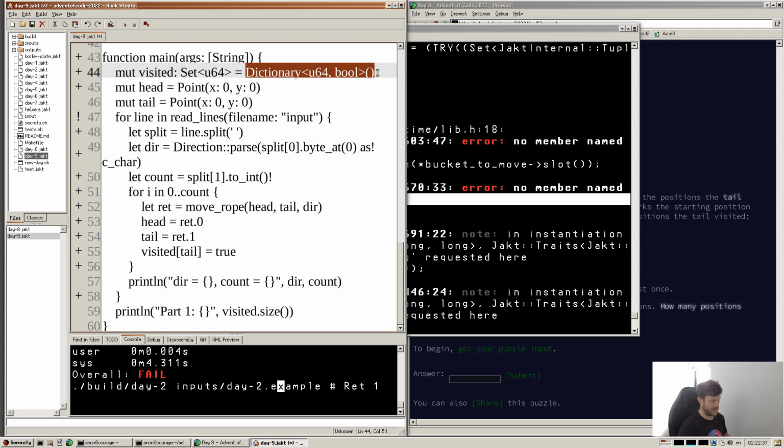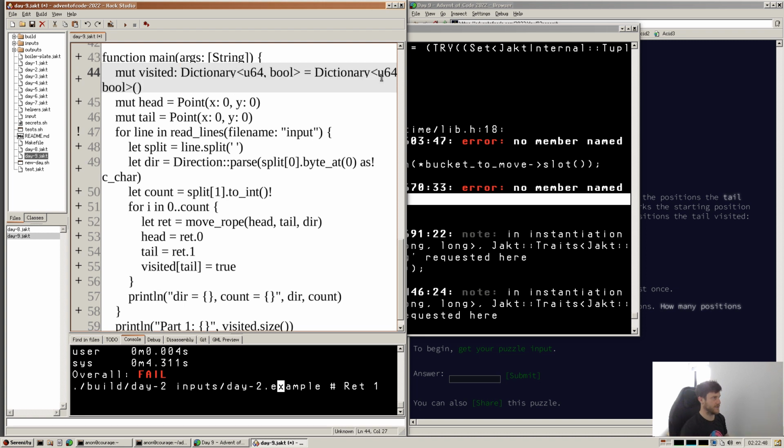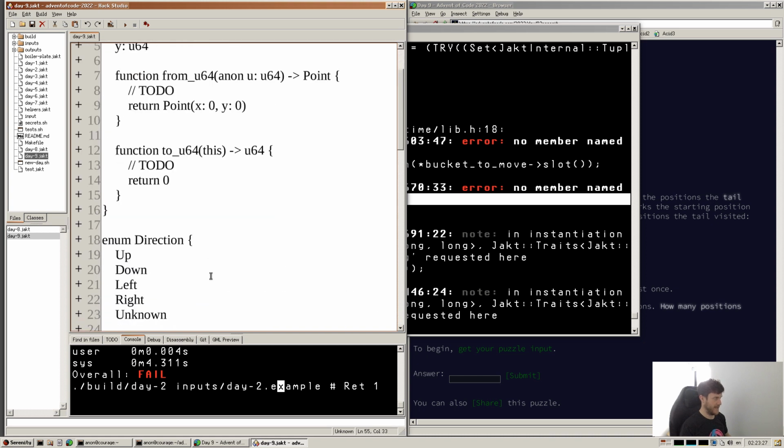I was thinking part 2 might be something like counting the coordinate that had the most number of visits from the tail of the rope, and how many there were, in which case a dictionary would be good. It works with a dictionary, the code should still work. And here we can go tail to U64,